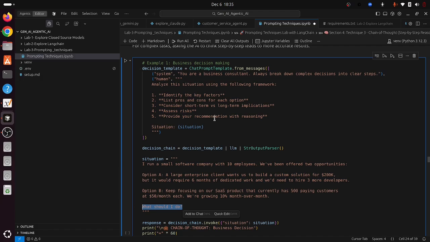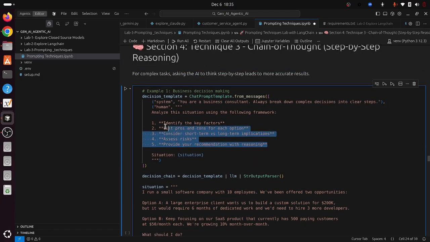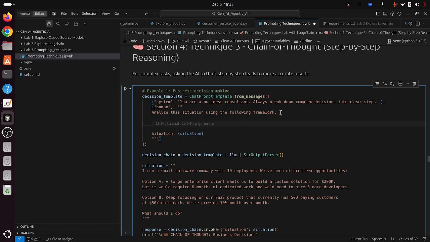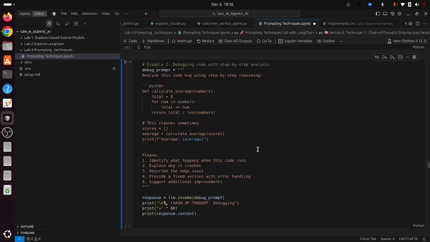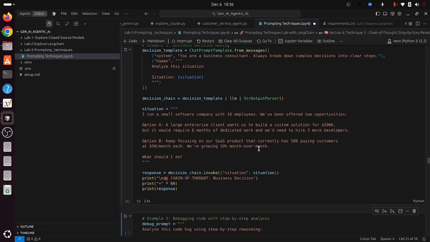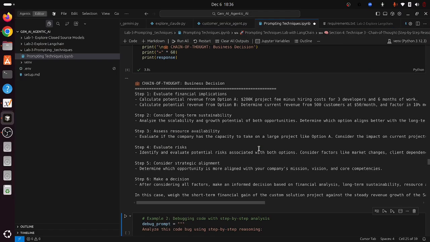Okay. So you want the LLM to follow this framework. For example, imagine in this case, if you don't give the framework, I'll just remove the steps and just say, analyze the situation. If I run this, then the LLM follows its own framework, according to its standard knowledge.